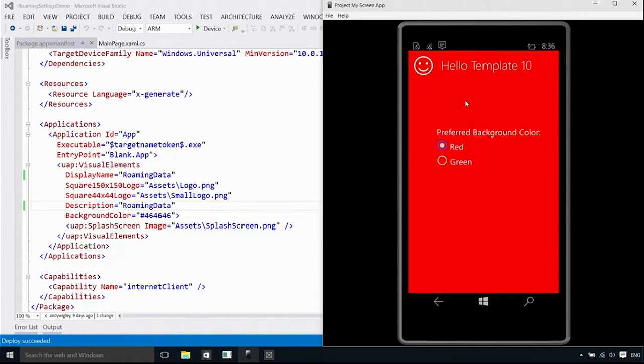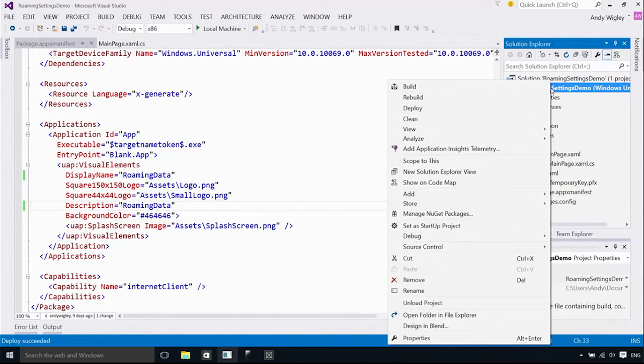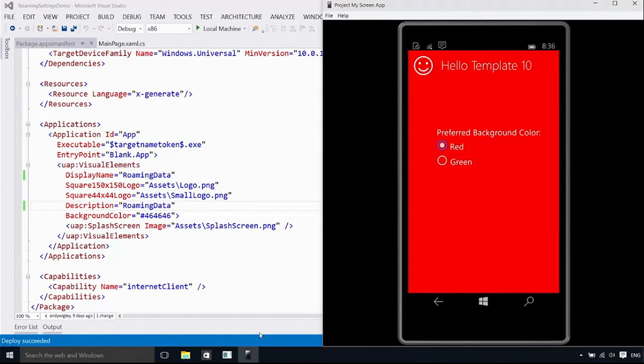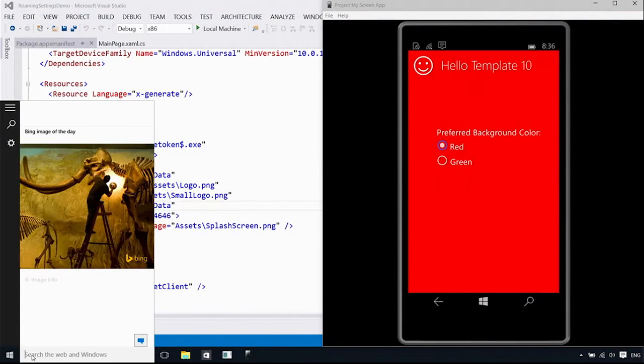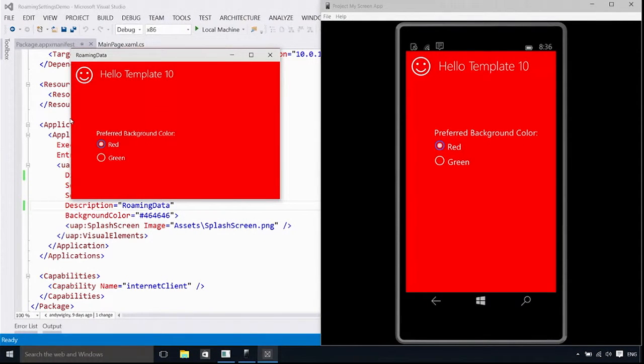We've got a very rich app with a red background. You can change it to a green background. Good. And we can change to x86 and run it on the local machine. We just deploy it to our local machine, so we can actually get the two running side by side. So we've deployed it, now we can run it. So here's our desktop version running next to the phone version shown in the Project My Screen